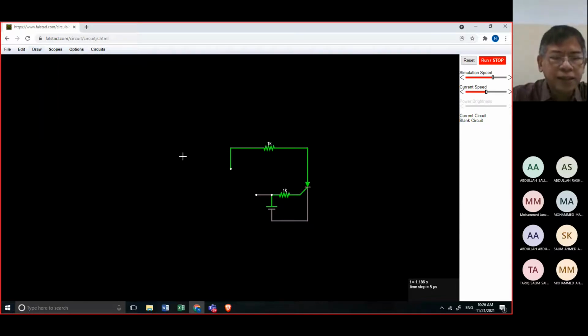Then drag it here, like this. So better. Then add wire.